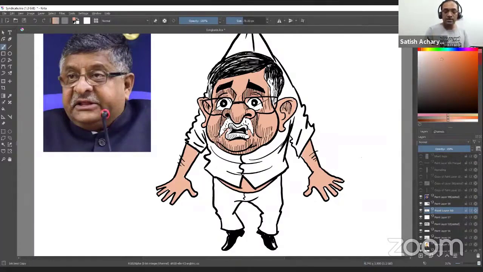Then I take darker shades of the same color and keep working on it till I get the desired result.